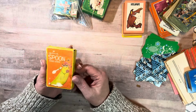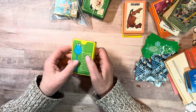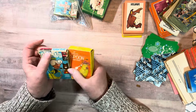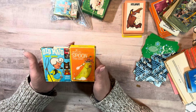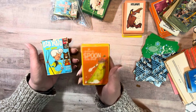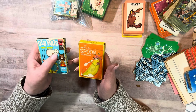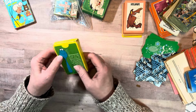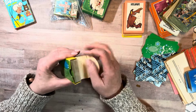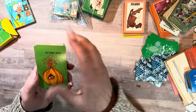This I've never seen. It's from Hallmark. And it was marked down, these two games. I think I had seen these games last time I was there with Debbie. And they were too expensive. $8 and $6. And they were marked down to $2. And this was either 2 or 3. So I grabbed them. So this has Crybaby Onion,